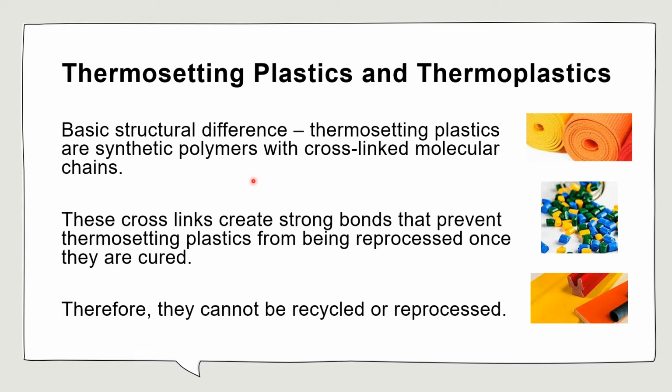So thermosetting plastics are synthetic polymers. When you go into the molecular structure, you're going to see cross links, right? Between these chains, you will see the cross links. And that's the major difference between thermosetting and thermoplastic. For thermoplastic, you remember the 3 configurations, yeah? Linear, and then branch, and then network. But thermosetting, you've got cross links, yeah?